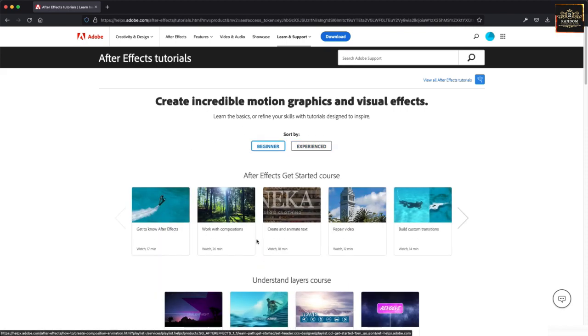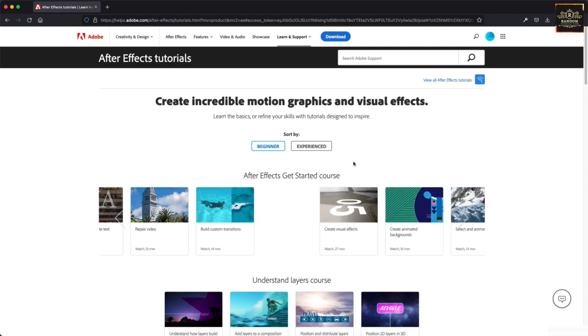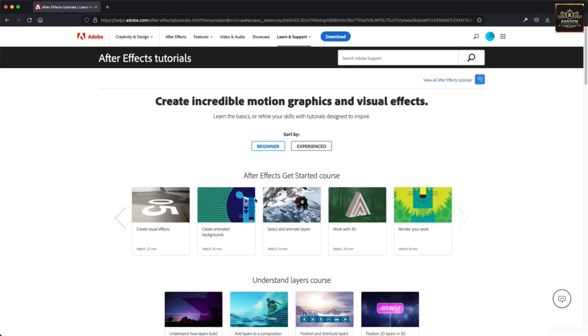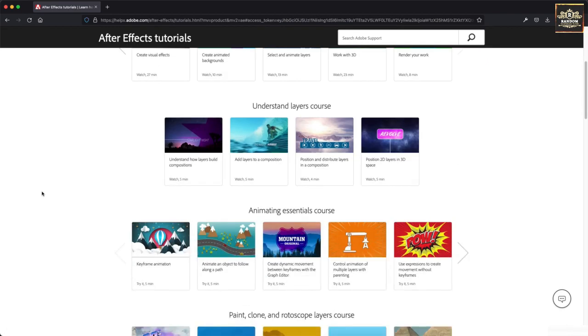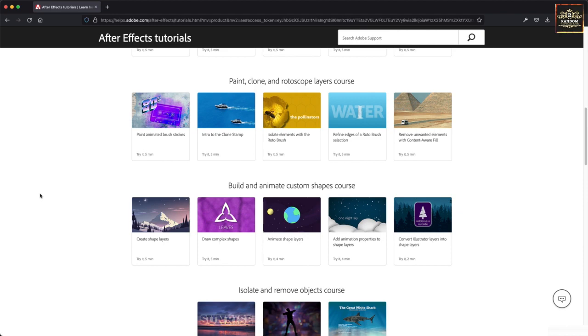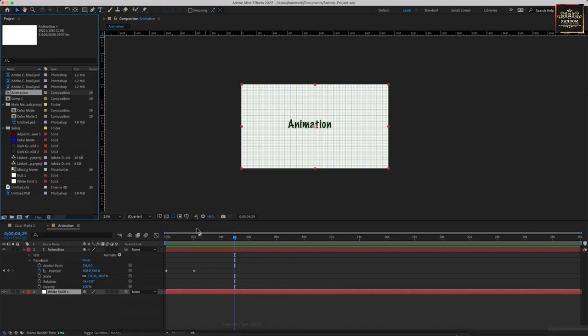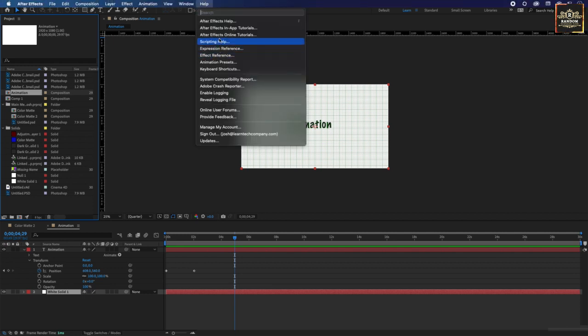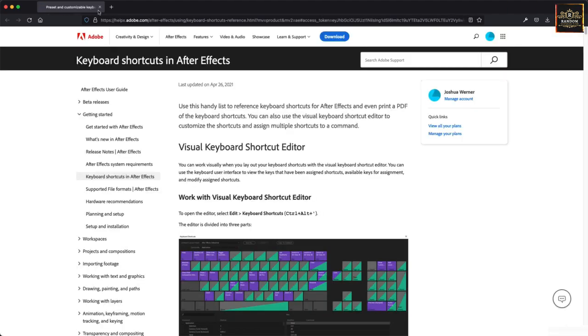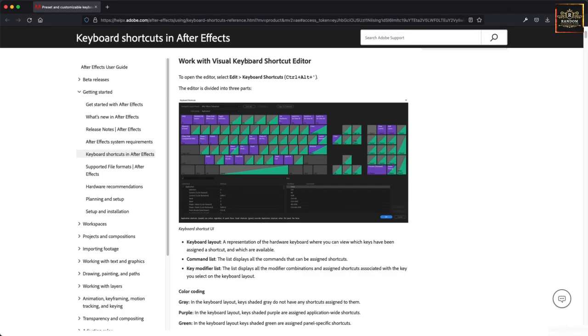You have get to know, work with compositions, create and animate, repair video, build custom transitions, render your work in 3D, etc. Okay. So there's a lot to do with After Effects and tutorials. So again, be open-minded, be ready to go. Scripting help, expression reference, effect reference, animation presets, keyboard shortcuts. Okay, if I click there, this is going to give me another work with visual keyboard shortcut editor. Okay,